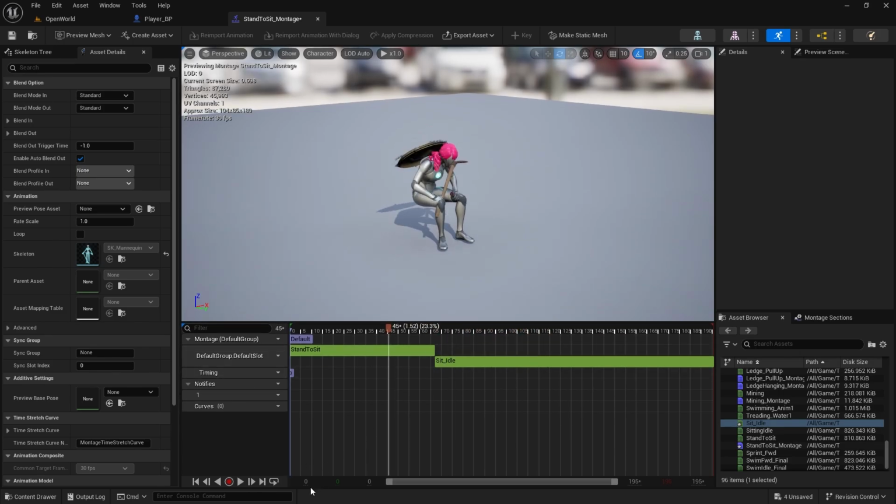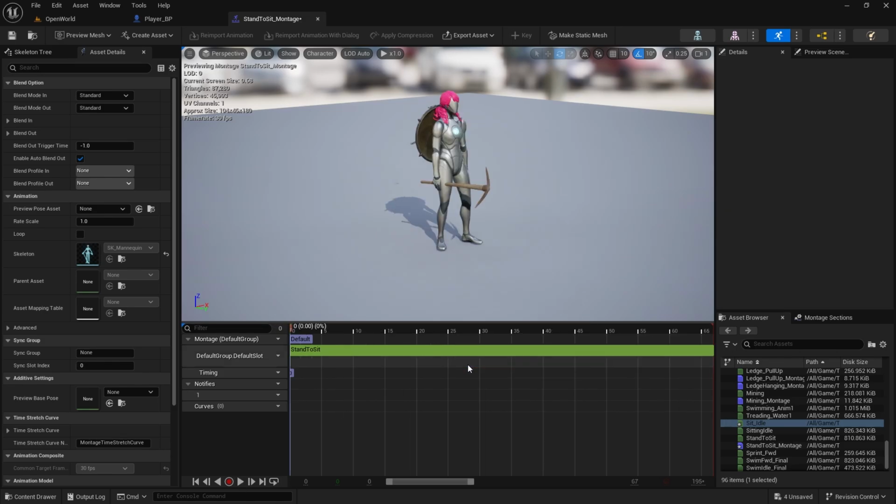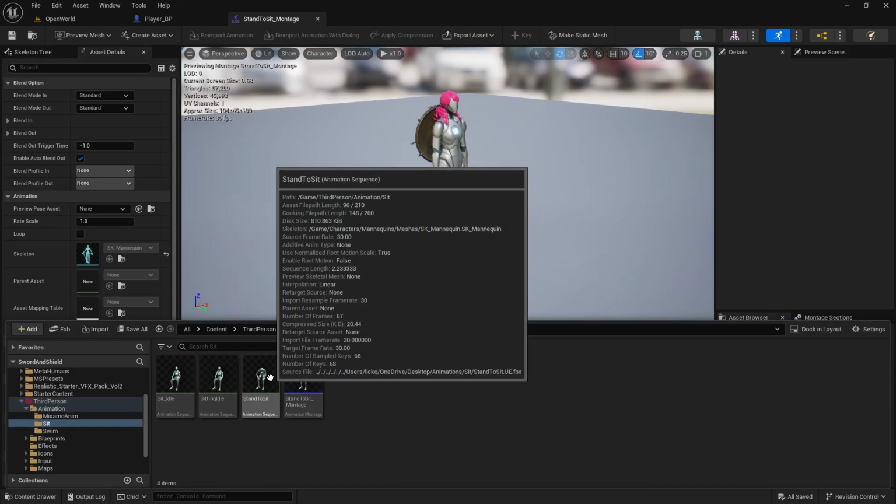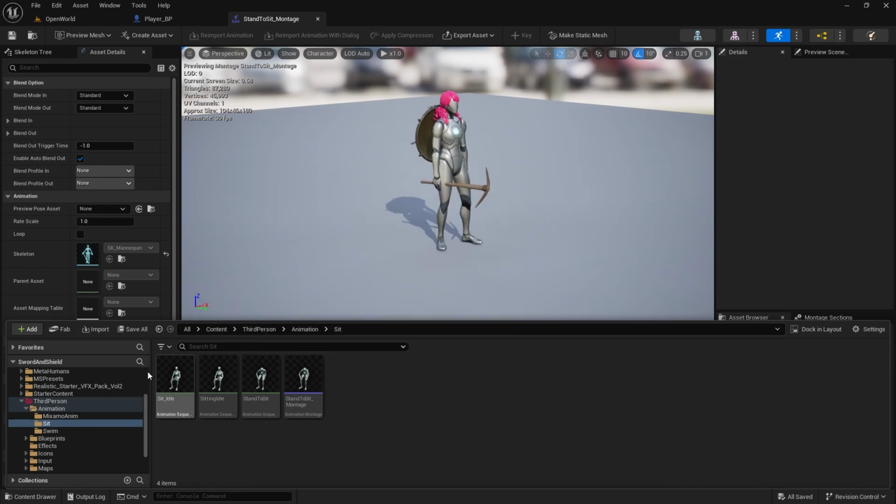So which is good, because we can fix that little jump. And for now we can remove this one because we'll be using only one animation. Save all just so we don't lose the progress. And then let's create a montage from, I'm going to actually delete this sitting idle